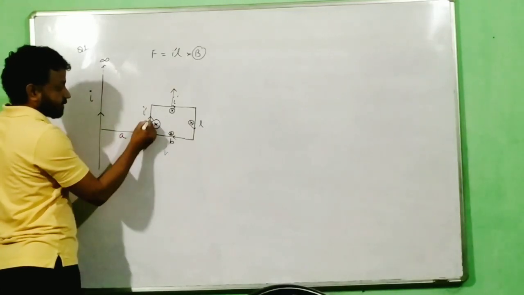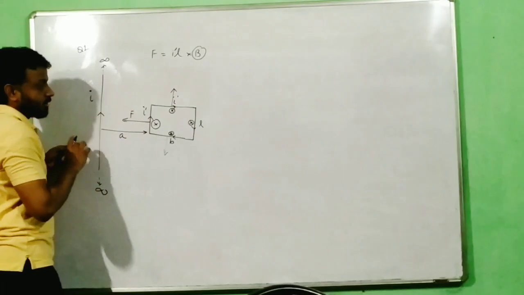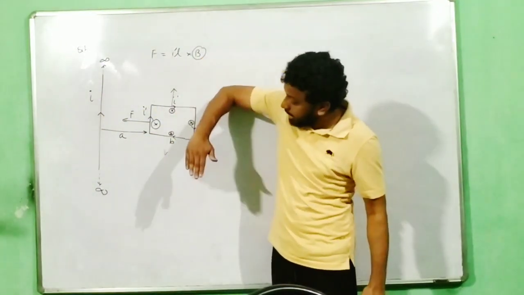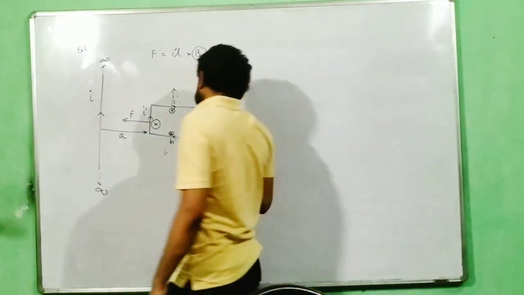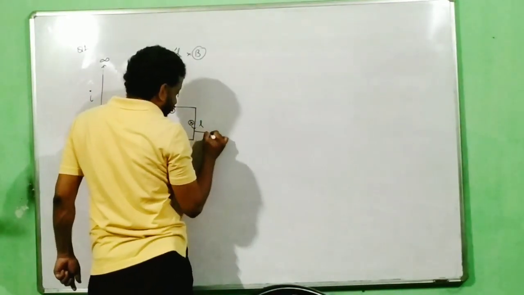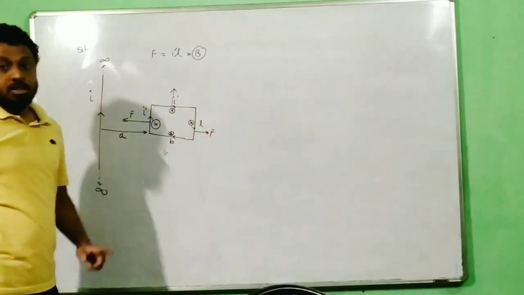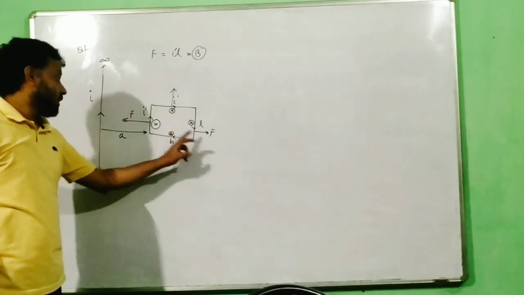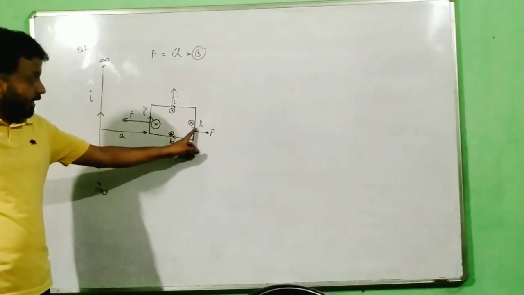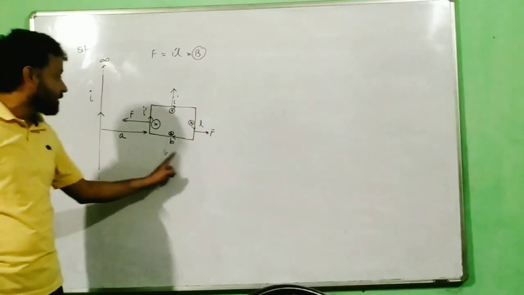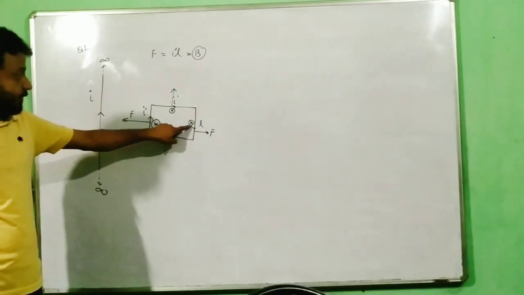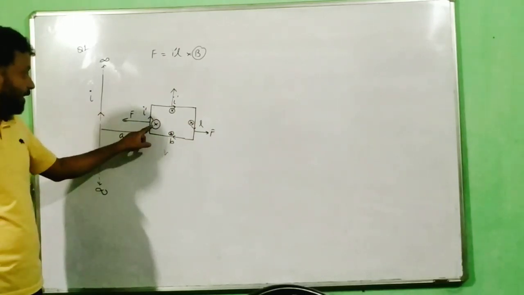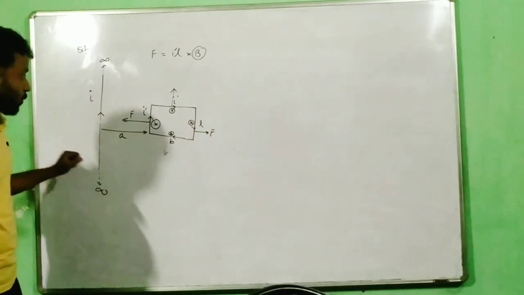In this direction, and over here, this is IL cross B in this direction. But these two will not cancel each other. There is a reason for that. The reason is this end of the wire is at a larger distance from the long wire, so the magnetic field here will be less. And this wire is nearer to the long wire, so the magnetic field here because of the long wire will be more.